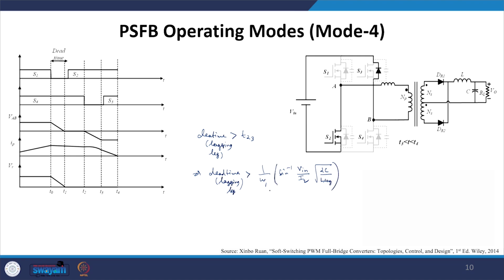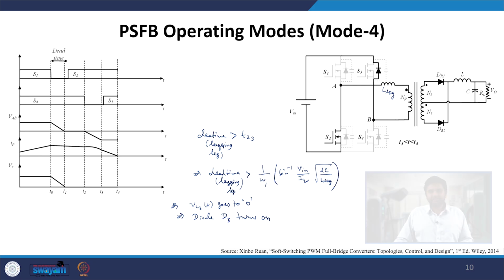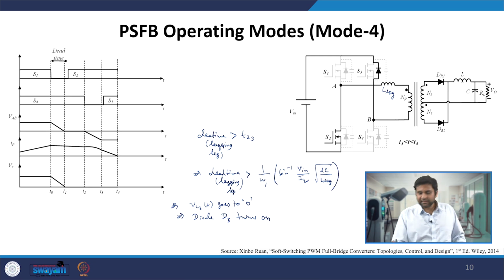Now if this condition is satisfied, that means the time after which the S3 switch turns on is greater than T23, that indicates Vc3 goes to 0, and that's when D3 turns on and switch S3 achieves zero voltage turn on. For the leading leg, we were getting a much simpler expression, because there L leakage and L both come in series. In this case only the L leakage is there, because on the secondary side, in order to ensure the IL current, both DR1 and DR2 are forward biased.